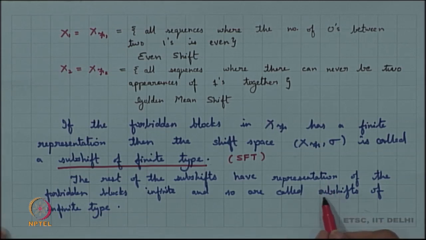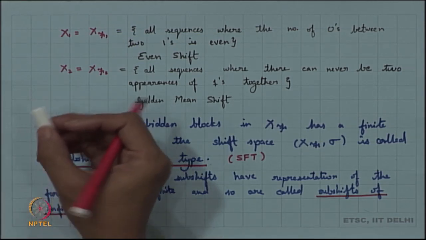Now, in general, subshifts of infinite type can occur in some way from the subshifts of finite type. We are not going to look into the theory of subshifts of infinite type; we can only say that it gives some kind of characterization, and some properties can be studied using them. All we should be concentrating on will be subshifts of finite type, and today we stop here, and we shall be discussing more on these concepts in some of the next lectures. I hope this is clear to all of you.